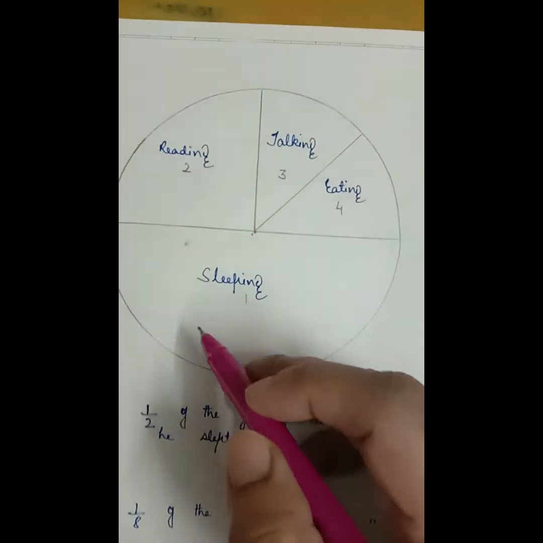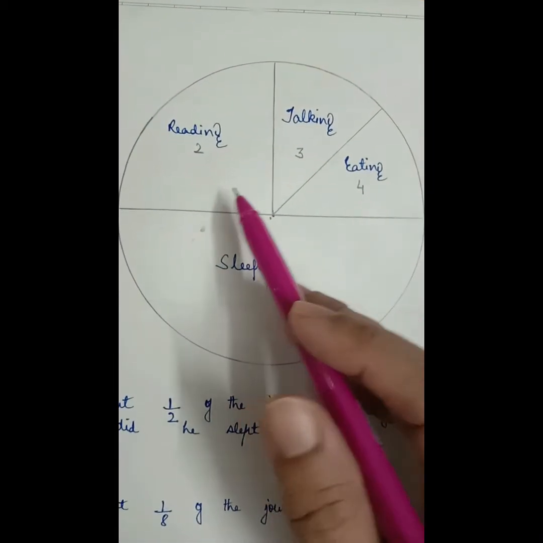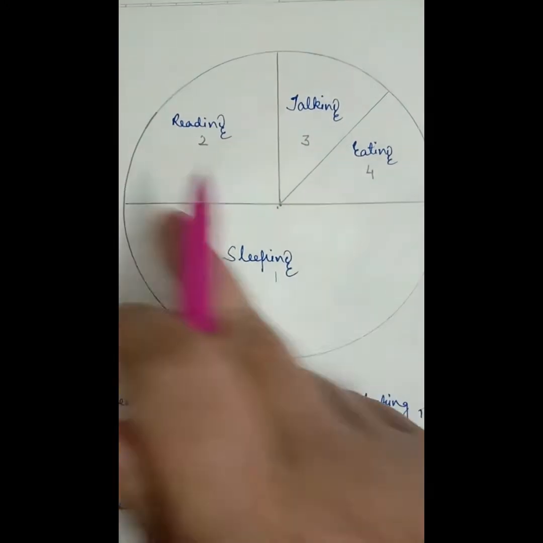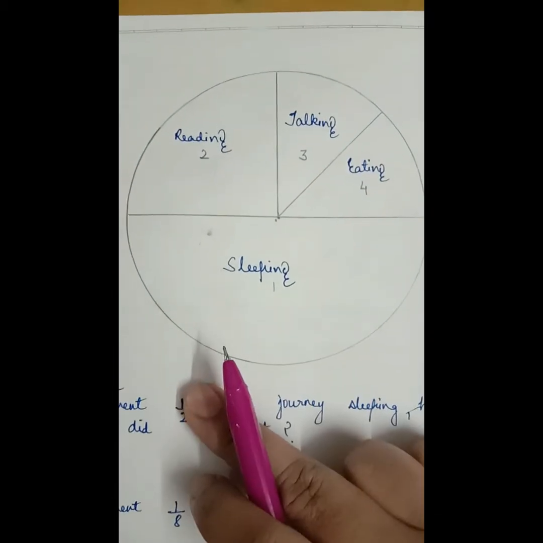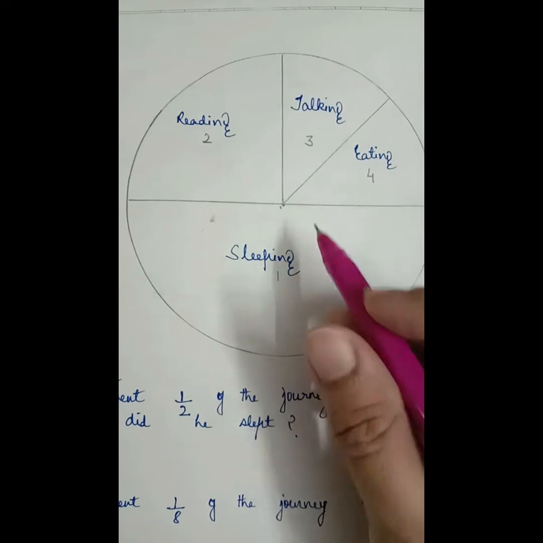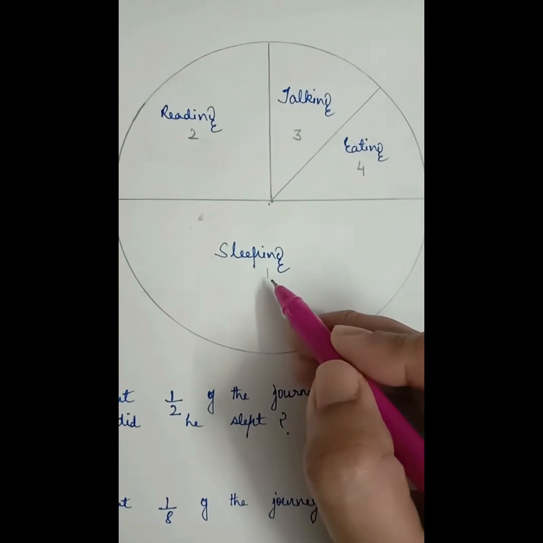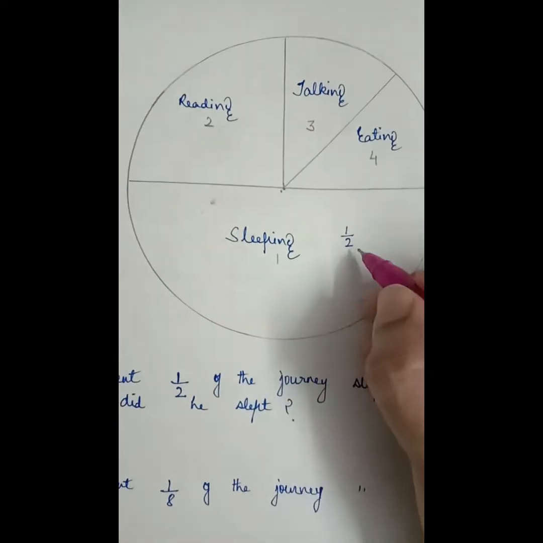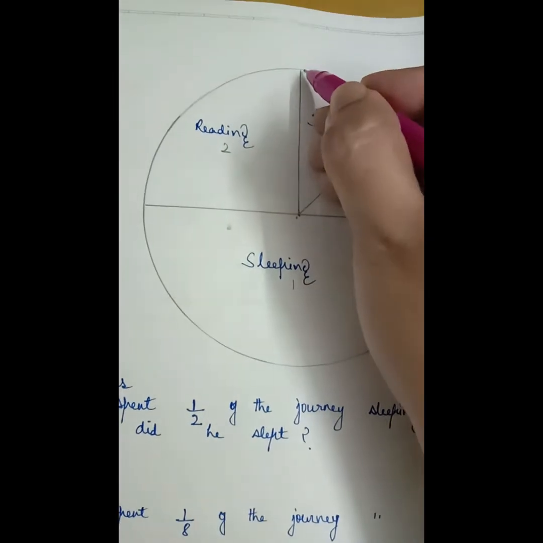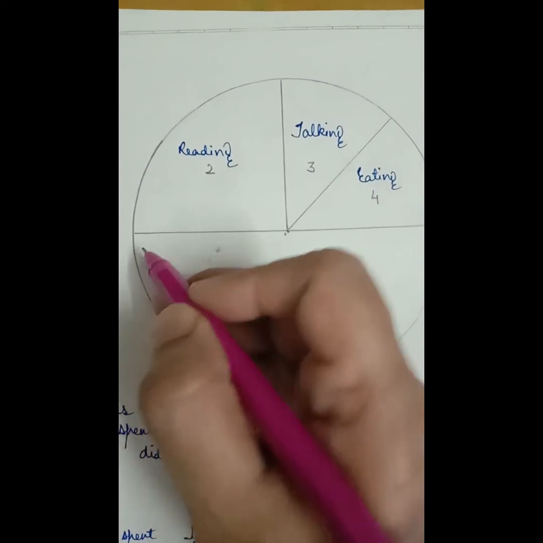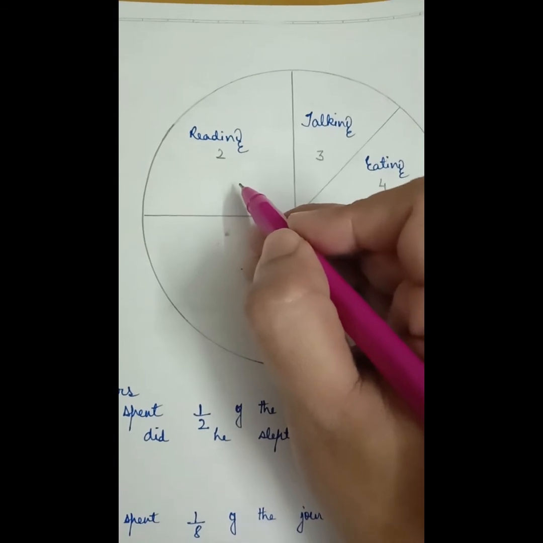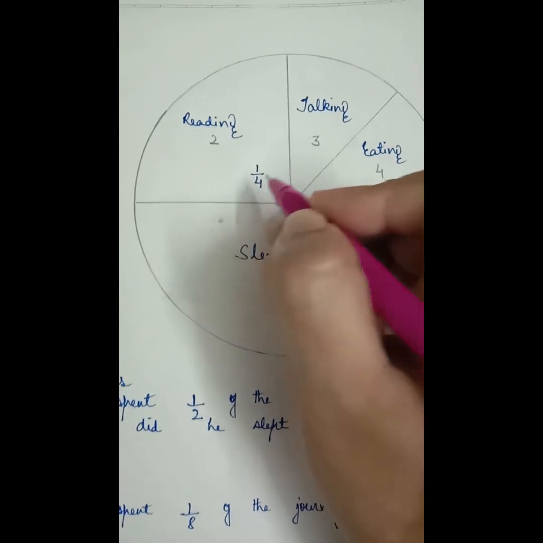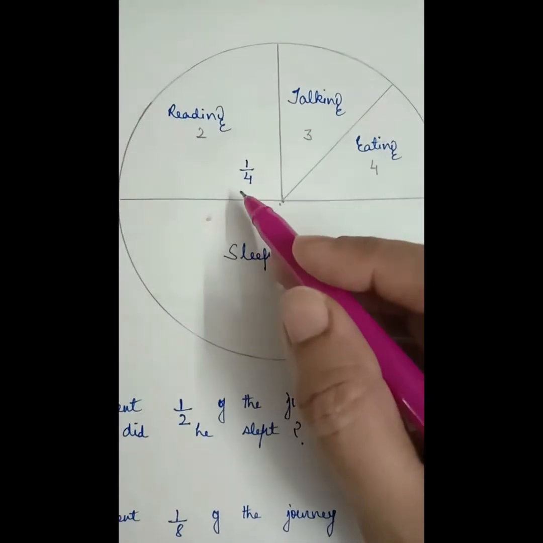Now see this circle. This circle is divided into 4 sections, 4 parts. Number 1 part is the biggest part of the circle. Can you see that the circle is divided in half? Part 1 is half of the circle. So we can also write it like this: it is 1/2. Now see this part. It is 1/4 part of the circle. This is half and this is 1/4.